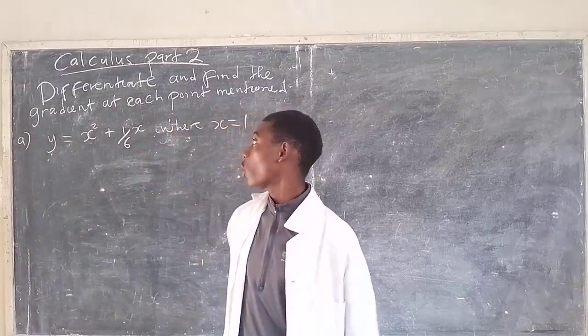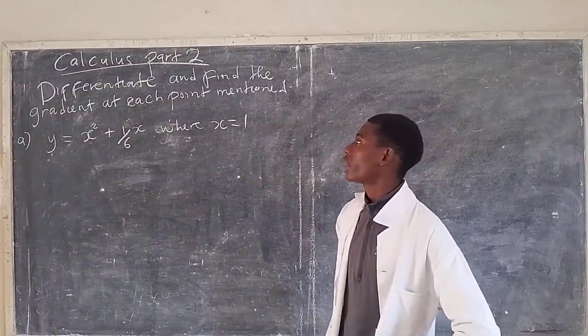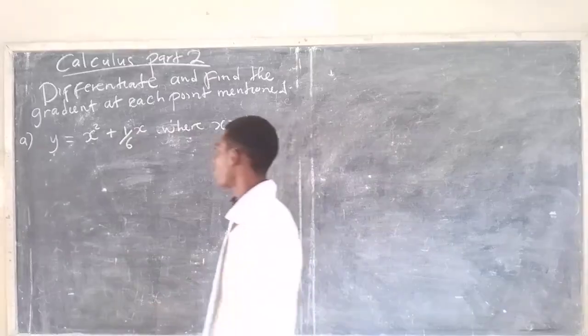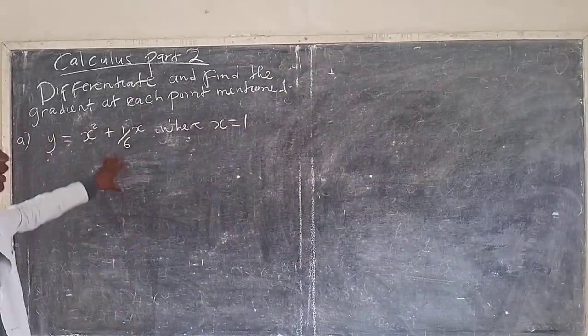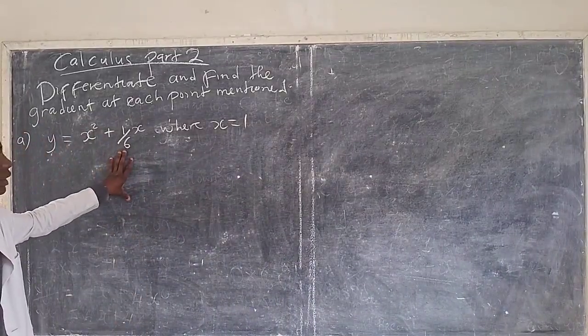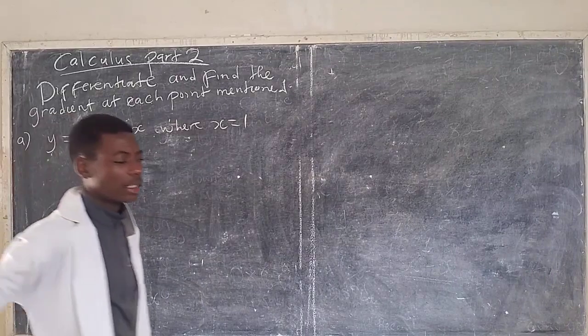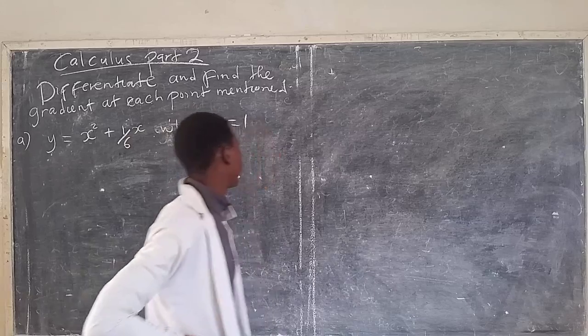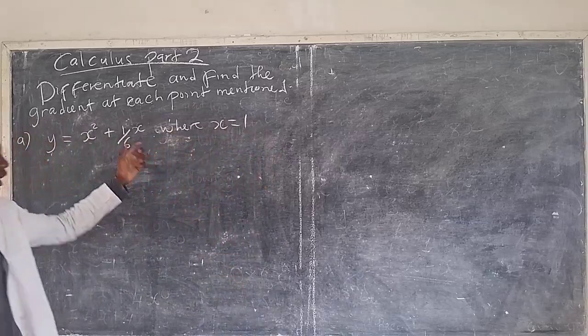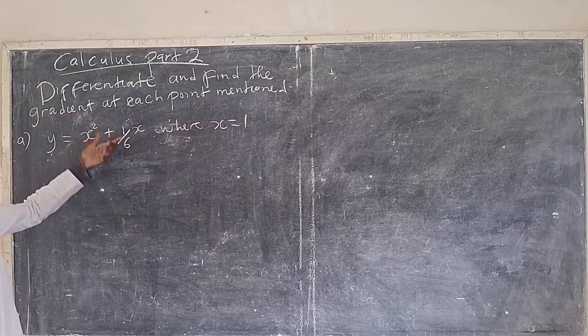Hello everyone. So we are now looking at calculus part 2. Calculus part 2 involves finding the gradient at any point. So how do you find the gradient at any point? For you to find the gradient at any point, the first thing that you're supposed to do